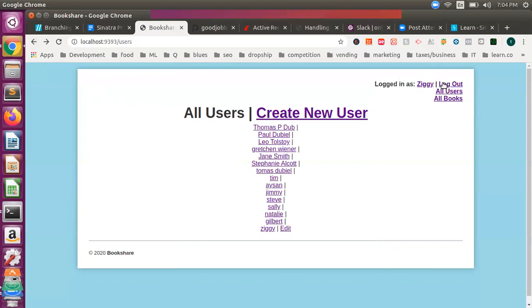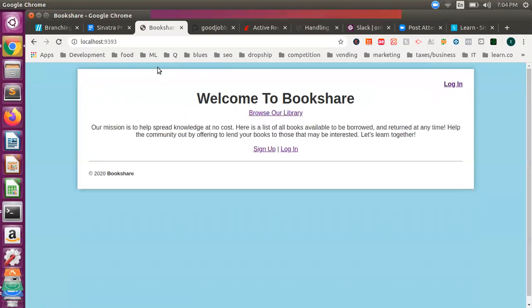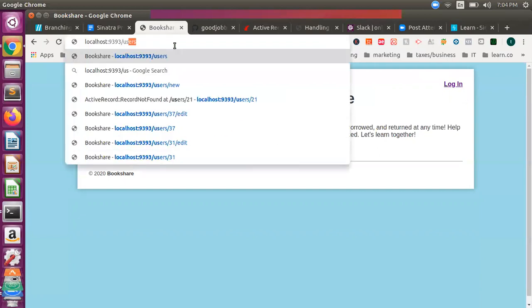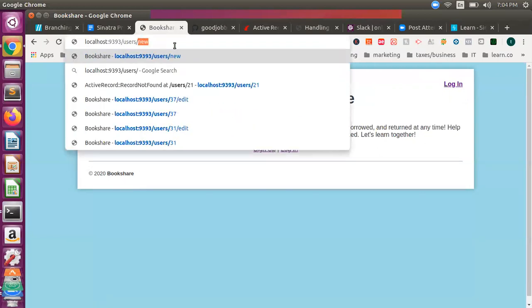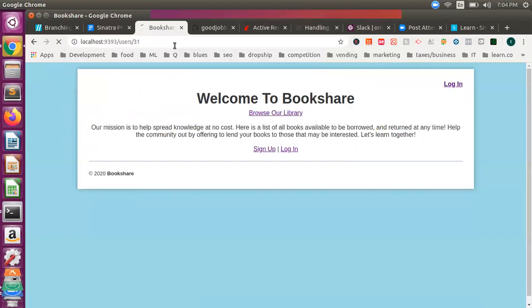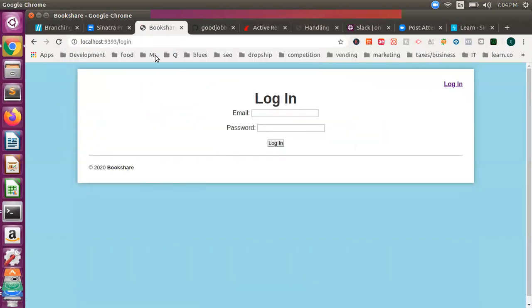But that is it. And then if we log out, this gives us back to our home page. If we try to go to, say, find a user, so that has a value of 31, it'll redirect us to the login page, I think. Yep. We can go to books, and that will let